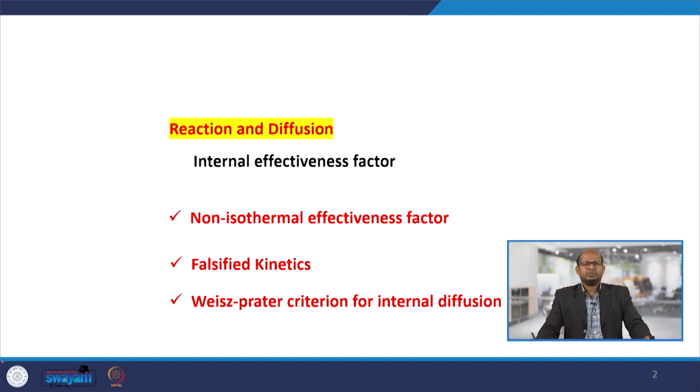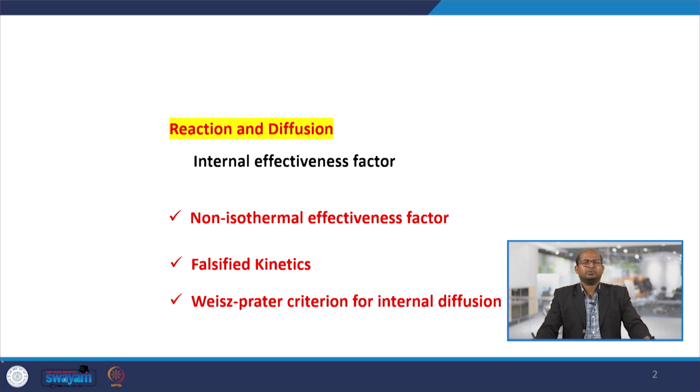Welcome to the course Advanced Reaction Engineering. We are going to start the discussion on solid catalytic reactions, the reactions and the diffusions. We already have discussed in our previous class the reactions and diffusions in a solid spherical catalyst. The mass transfer operation, or diffusion, is there with the reaction. Based on that, we have derived the concentration profiles for solid catalyzed reactions,